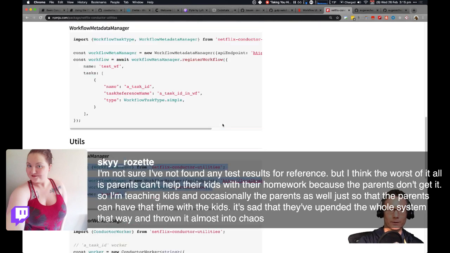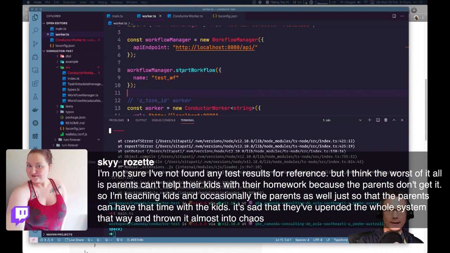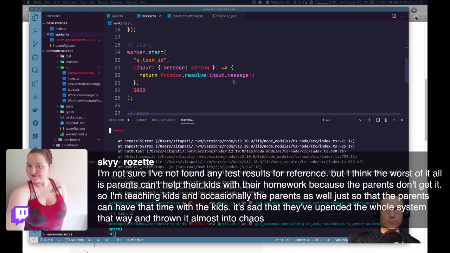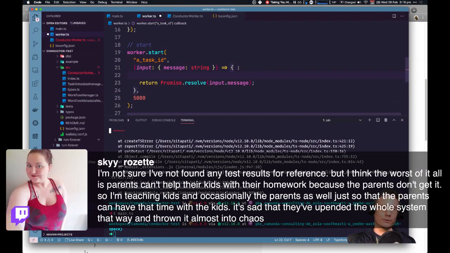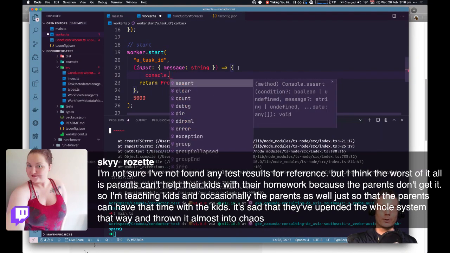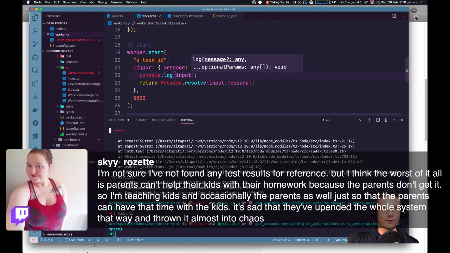We've got the worker, we've got a test workflow. So according to my calculations, it's going to start a workflow and then this worker is going to work on it. So what we should do in here is console.log the input just to see what's happening. And run.